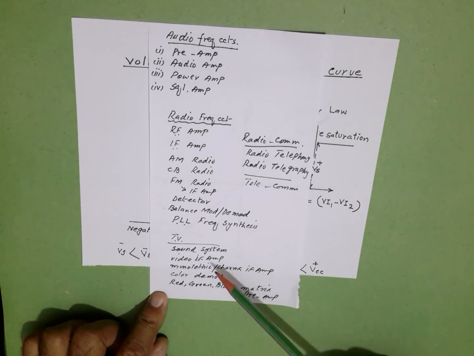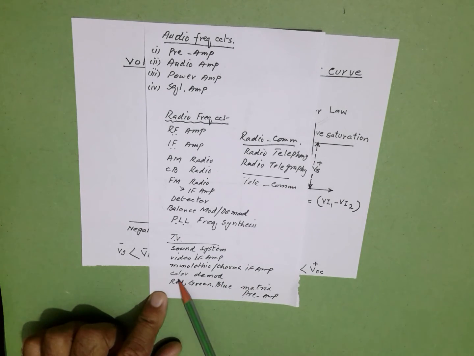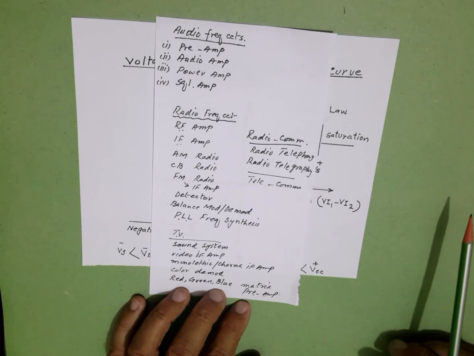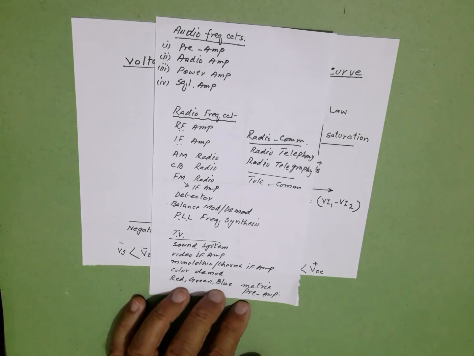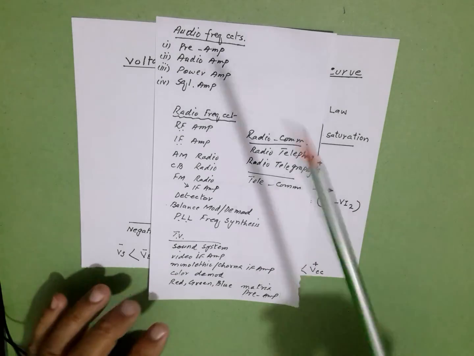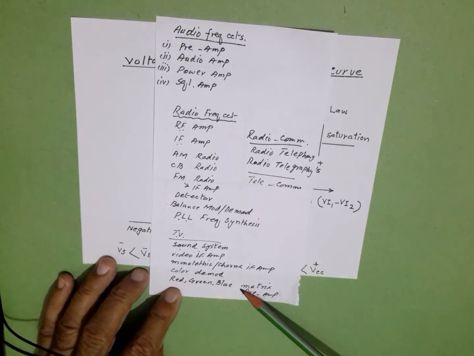And if you are using it in the TV circuit as in the sound system, as a video amplifier, IF amplifier, as a monolithic or chroma IF amplifier, color demodulator, red, green, blue matrix preamplifier, and it is operating beyond point X, then it is going to produce distortion. Any linear IC operating anywhere, whether in these circuits or in these circuits or in these circuits,